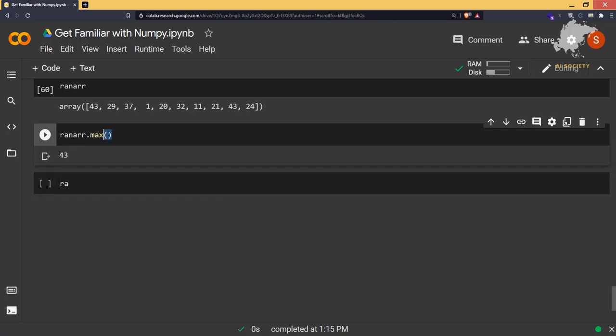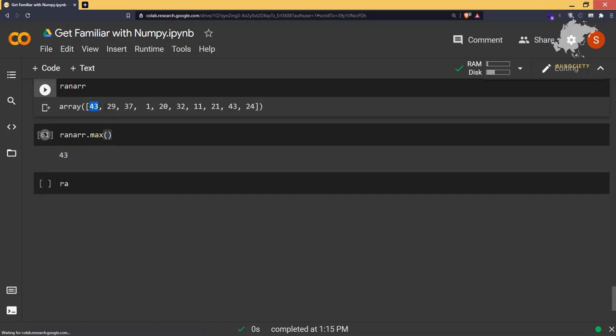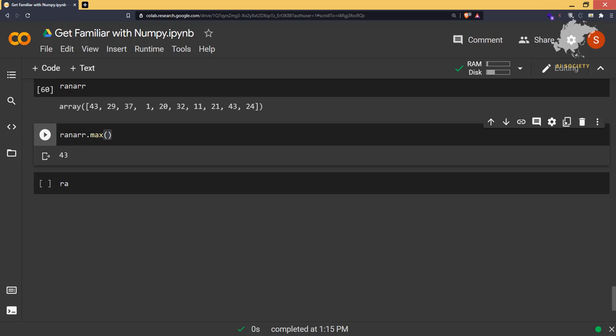Remember, max is giving you the value that exists. That means 43. Since this is a very small one, let's say you have 1,000 elements in an array, it is going to grab the largest element of it automatically by using max.